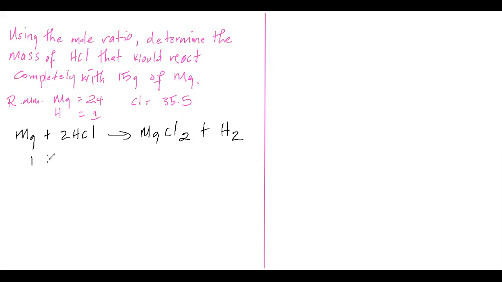And that gives us a 1 to 2 to 1 to 1 ratio. So in this question, they're asking us how much HCl would it take to completely react with 15 grams of magnesium? So first thing you're gonna do